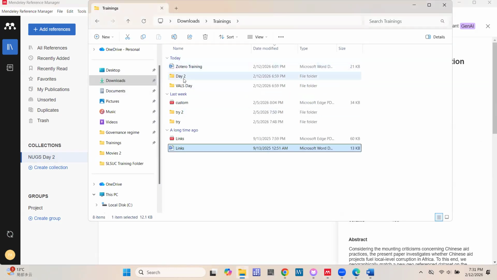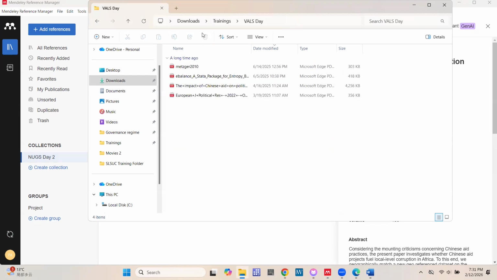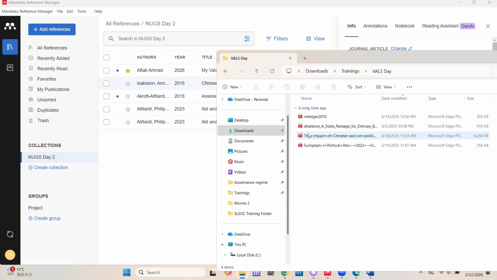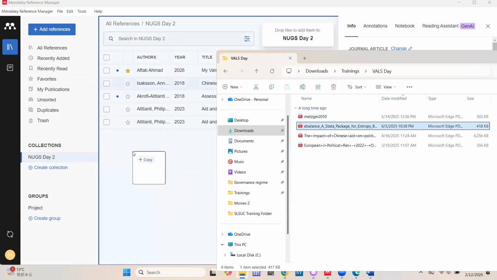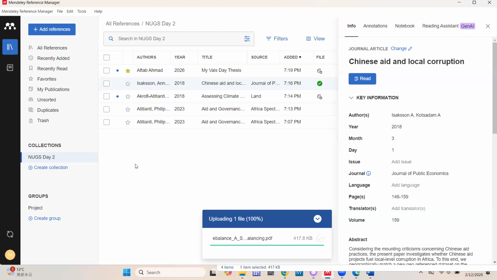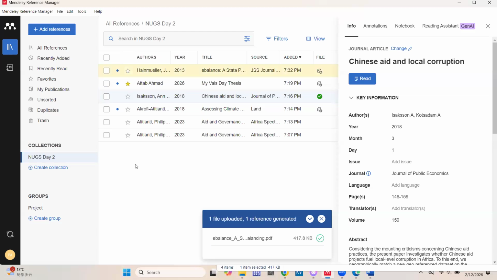Now maybe one more trick, just like we did for Zotero. If I drag this one, I can also drag it over to Mendeley, and then it will still be uploaded there as a reference. So the dragging and dropping also works for Mendeley.